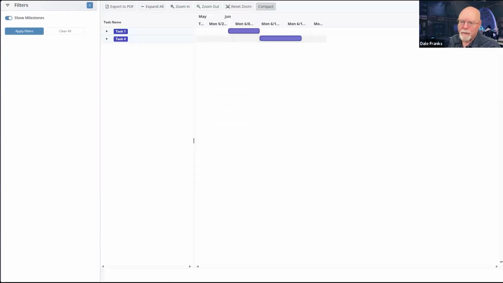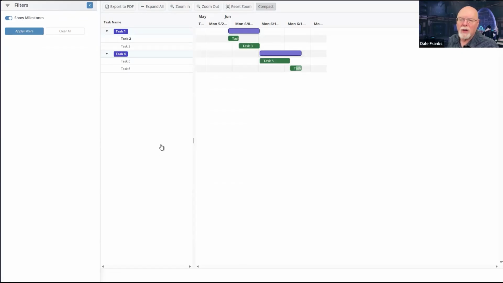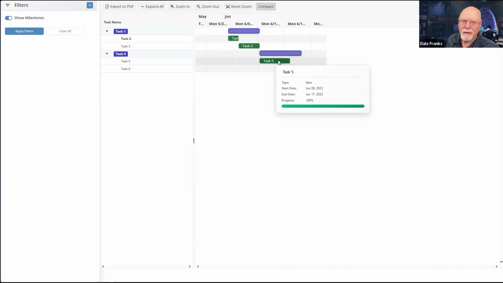So whenever my Gantt chart runs, there are my two parent activities, task 1 and task 4. And of course, each one of these is expandable for my child activities. So let's take a quick look at what we're seeing here. We have show milestones, which is not going to do anything because the old data source that I used does not have any milestones. A milestone is something that has just a start date. The start date and the end date are exactly the same. A milestone takes place at a specific point in time, while a task or an activity takes multiple increments of time, in this case, a couple of days.